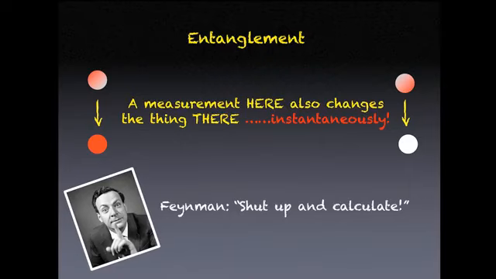Now here at the Delft University of Technology, we educate engineers, actually guys like me. And our approach is that we feel challenged. We say, okay, let's do it. So what do we do? We take these two particles, we bring them far apart, and we make it a bit more complicated. We bring in a third particle, a green one. The green one we bring to the left one, and we make these two interact. I'm going to give them some interaction, but view the graph carefully. You see that at the same moment, when these two interact and share some color, also the particle on the right, which was still entangled with the first one, also becomes green a little bit.